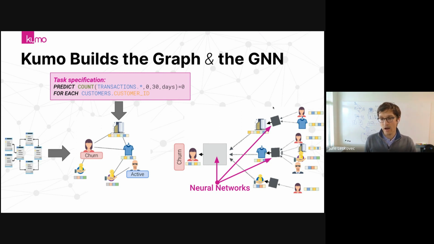Based on this, a graph neural network is then trained, where the graph neural network doesn't only consider the properties of the target person, but also the properties of her neighbors. This is the transaction, store, and product. And of course, each of these nodes has further neighbors. Now we can think of this as almost like a feed-forward neural network that takes all this property information of different entities, and learns how to aggregate and combine all this information